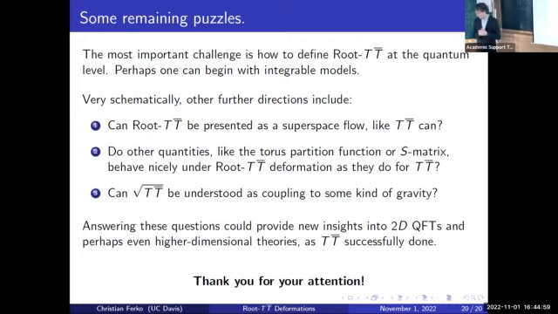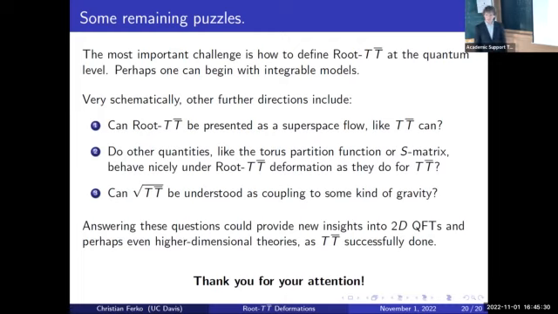There are some subtleties with this that we still don't understand, because it seems that in order to run a similar argument with root TT̄, you need two fields. You need a Hubbard-Stratonovich field and then a scalar. And it's not totally clear to me how one should interpret that, but it might be the case that the analog of John Cardy's work for root TT̄ might be coupling to some kind of random dilaton gravity, which I think would be interesting. But that's extremely speculative. I don't know if that story makes sense yet, but it would be nice to understand.